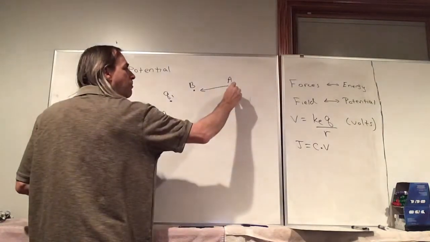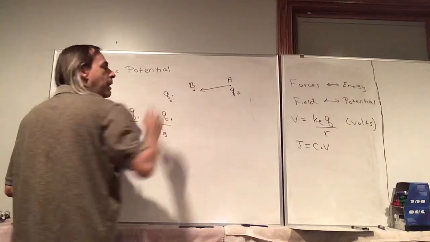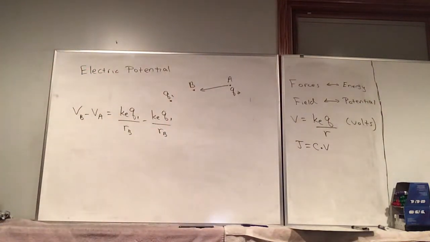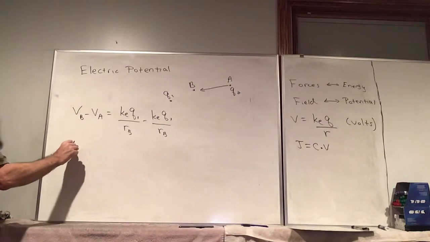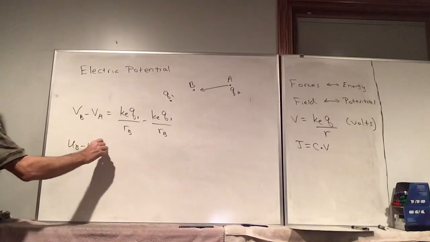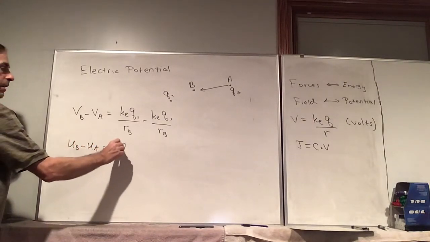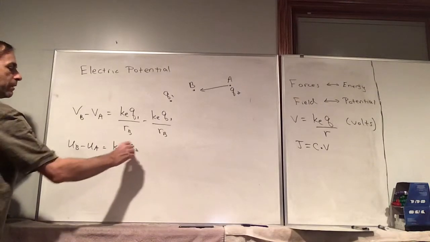Now let's say we actually place a charge Q2 and have it move from A to B. And so the difference in potential energy, let's write that down. We have k Q1 Q2